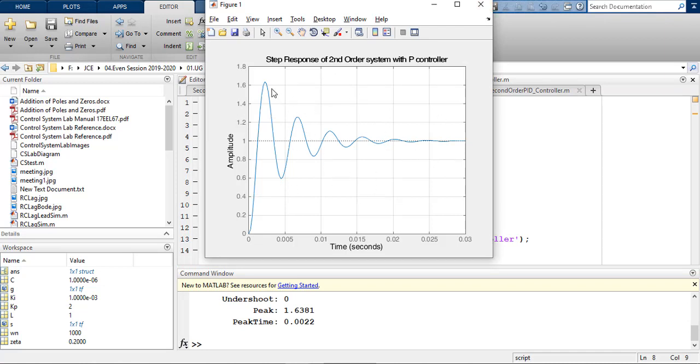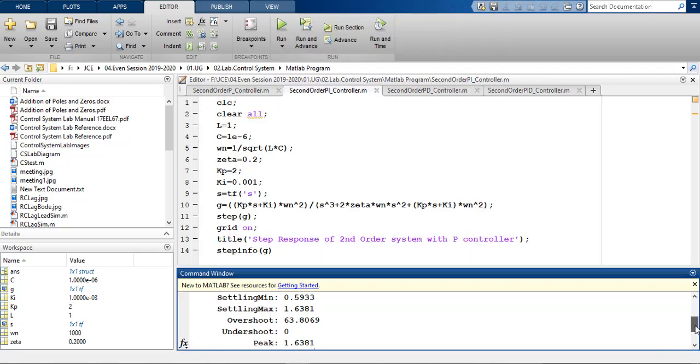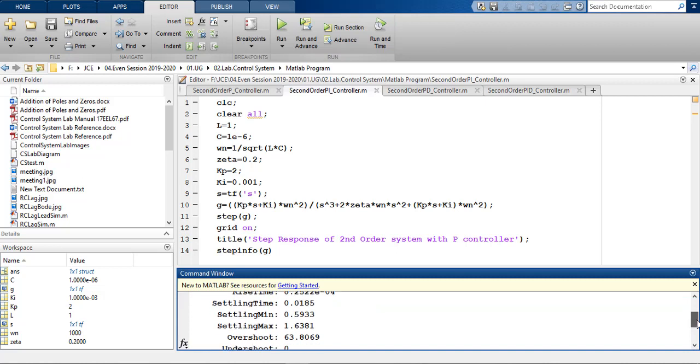If you are not getting the values from the graph itself, you can check stepinfo, which tells you the rise time, settling time, everything. So this program is just for a given value of zeta, Kp and Ki. You can use your own values and check for yourself.